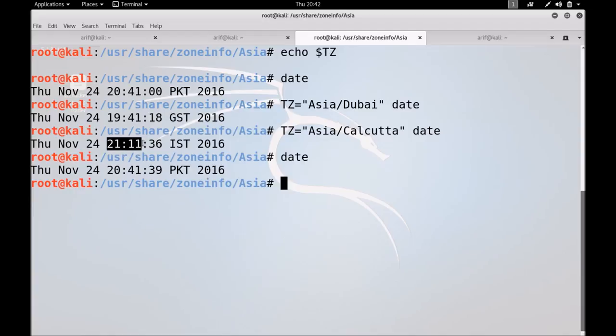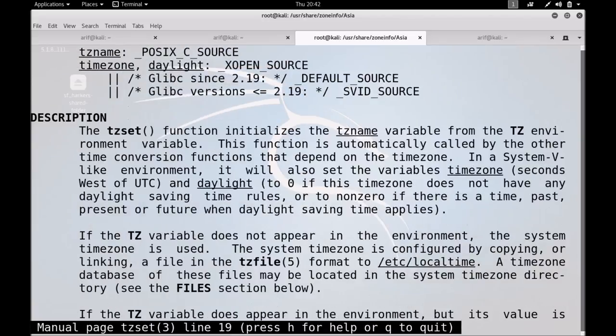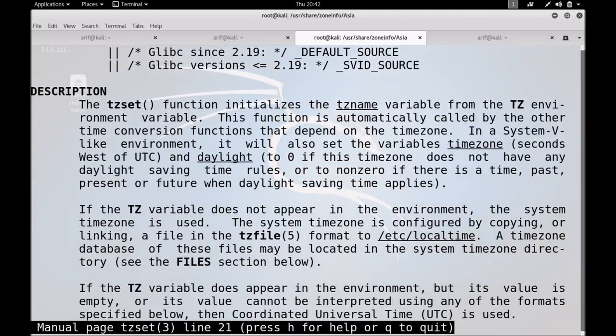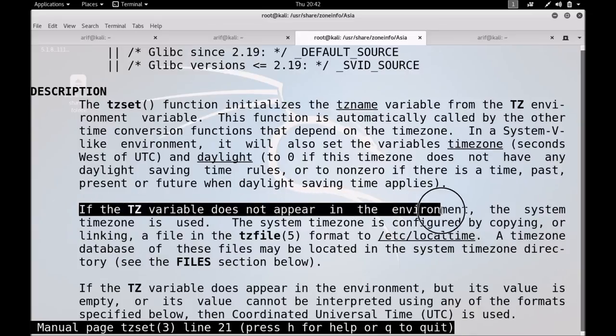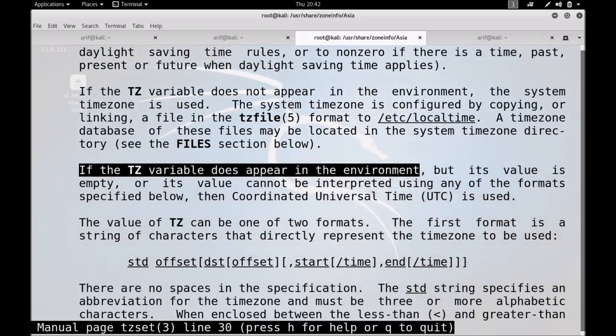So let me man a page to show you some details about the TZ variable. Remember, if the TZ variable does not appear in the environment, as was the case once I ran the commands, the system time zone is used. And if the TZ variable appears in the environment, then whatever value is there in the TZ variable is used.